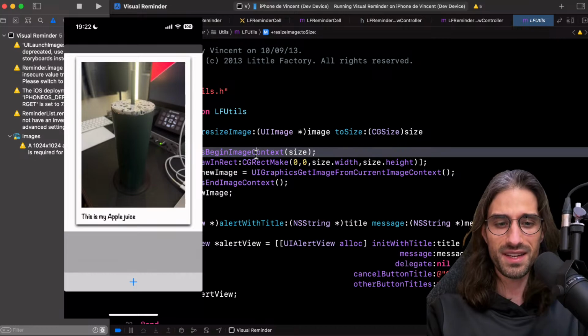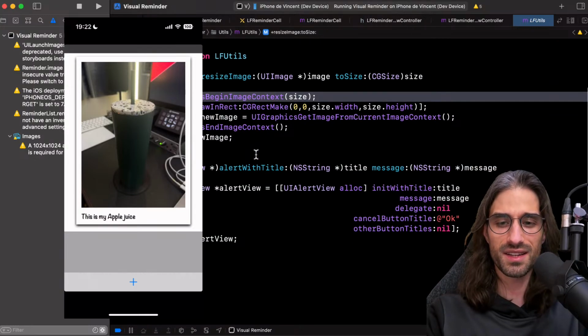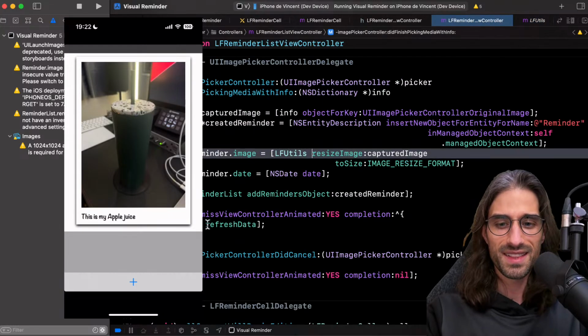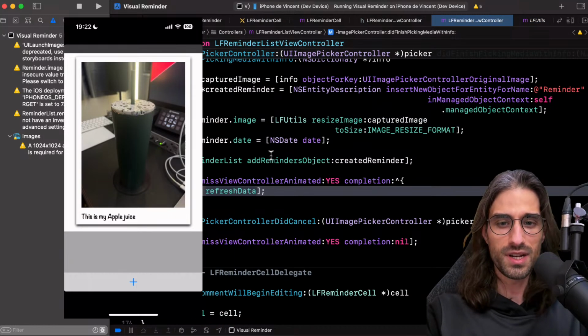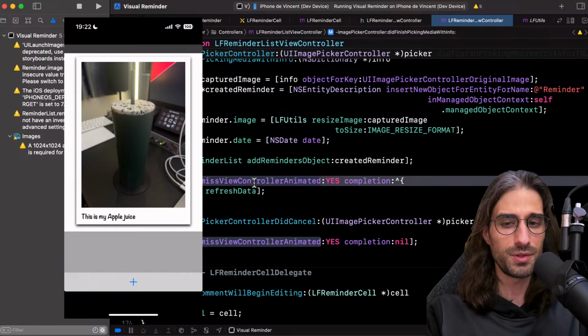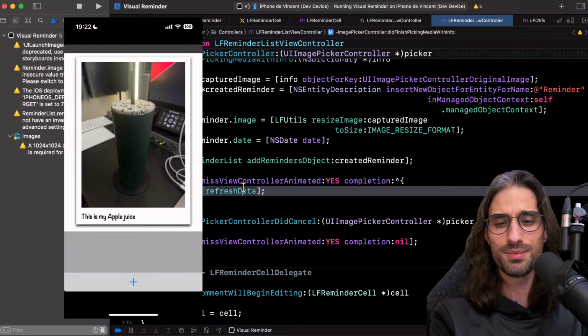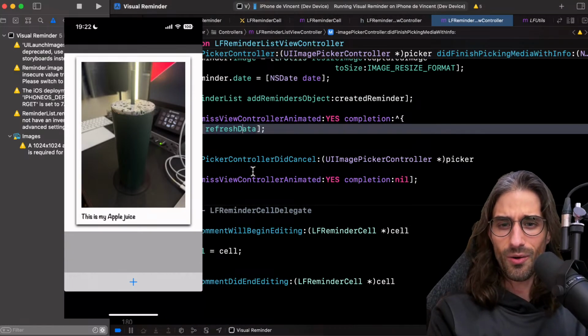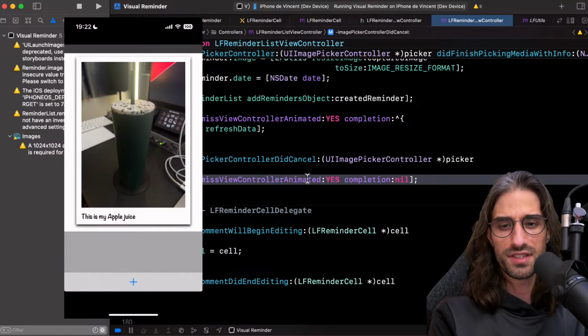Yeah, I had spent time to make it work correctly. And then I add the reminder to the object, dismiss the picker, and refresh the data on the table view. All right, and if we cancel, we just dismiss it.